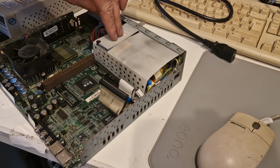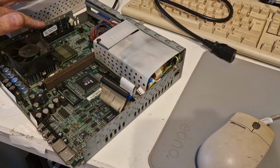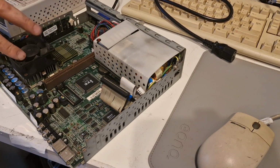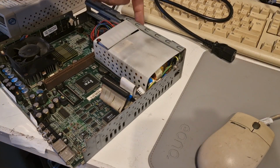But okay, so I've put the power supply into this one with a single slot of RAM. I'd previously given up on this one, but I just want to see if we can get anything, if it works. I've basically taken the processor out, put the thermal paste back in, and made sure the fan at the back is connected,